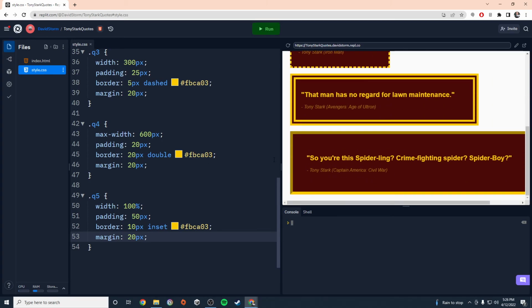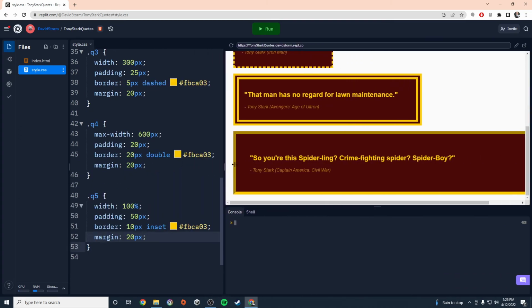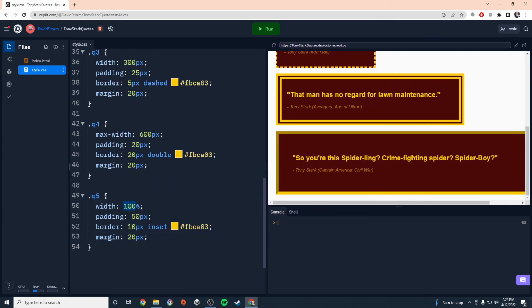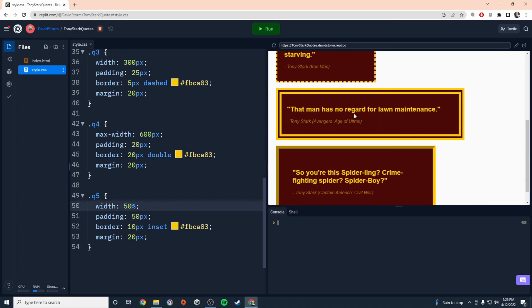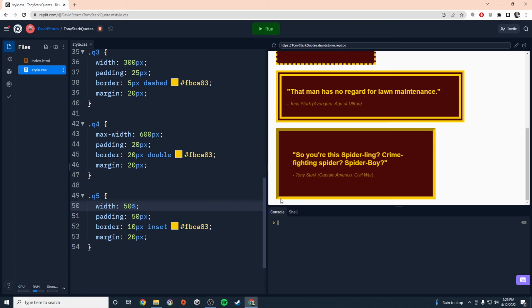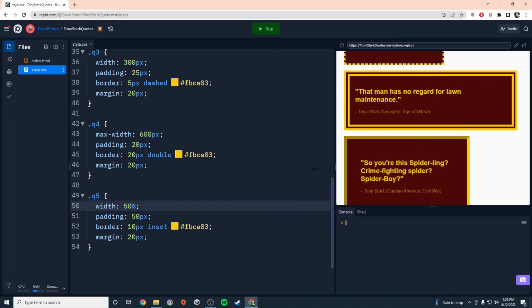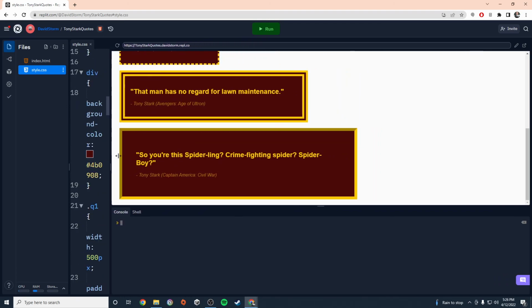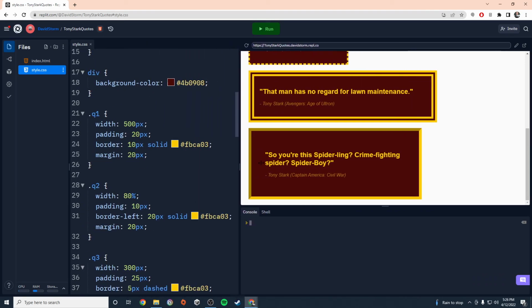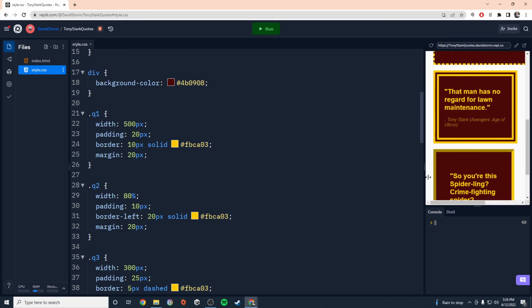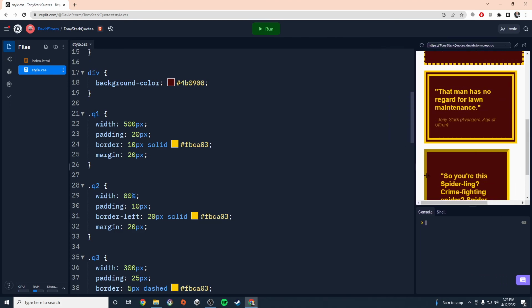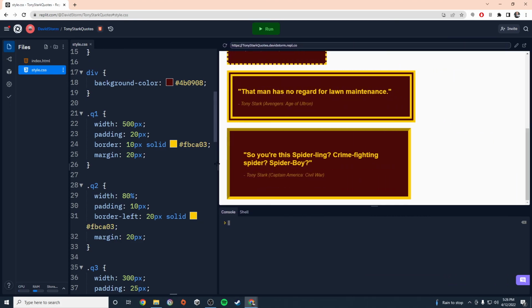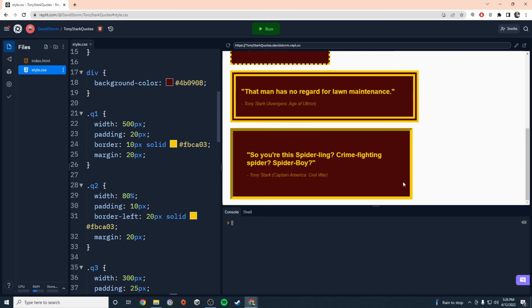Oh, that's cool. Okay, so with this, maybe 100% is a little too much. Let's make it 50. Cool. So look at the inset border. It gives it this like 3D look, which is kind of cool. And again, it grows and shrinks with the page. It's exactly half the width of my page until it gets to the point where it can't shrink anymore and keep the content. I also have 50 pixels of padding in here, so that's going to mess with the content